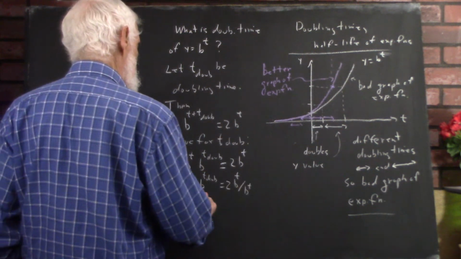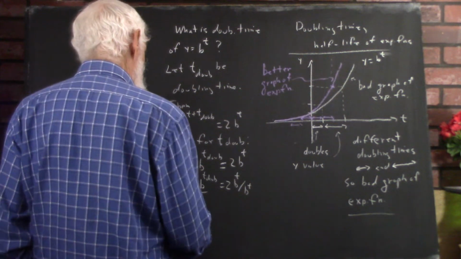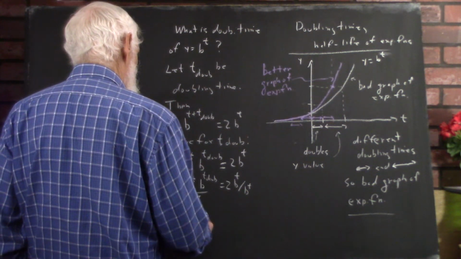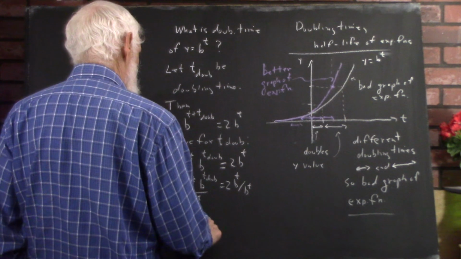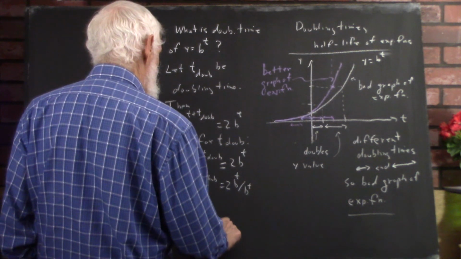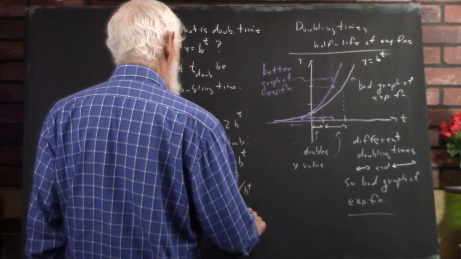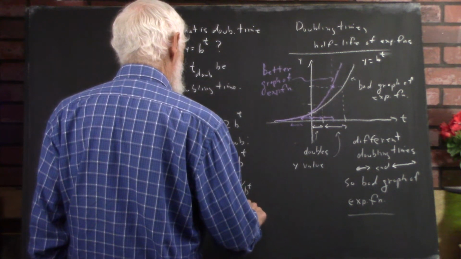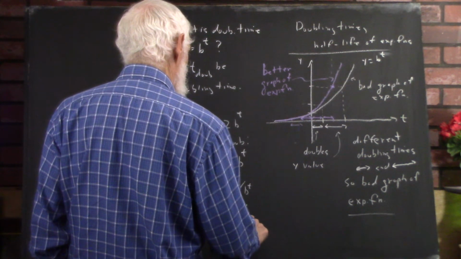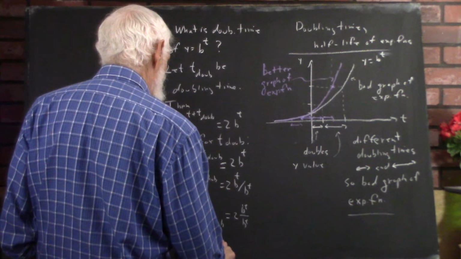Divide both sides by b to the t. And then I can write this as b to the t over b to the t times b to the t dub equals 2 b to the t over b to the t, 1 times b to the t dub,